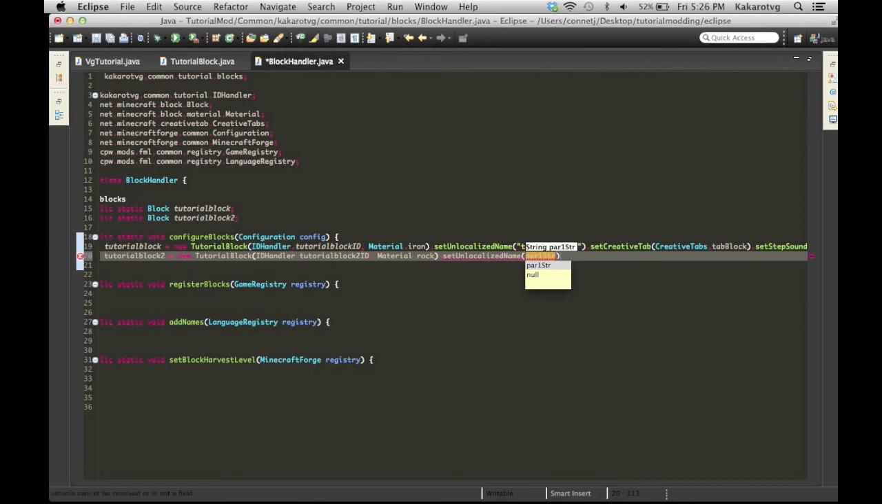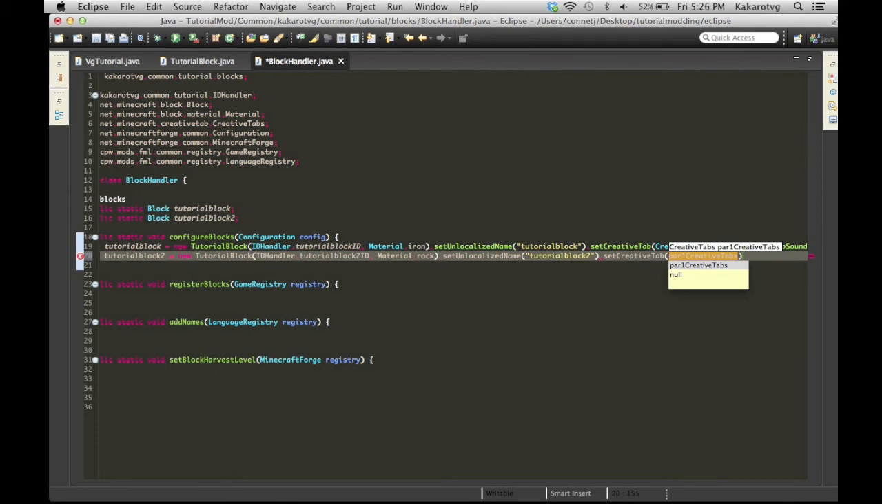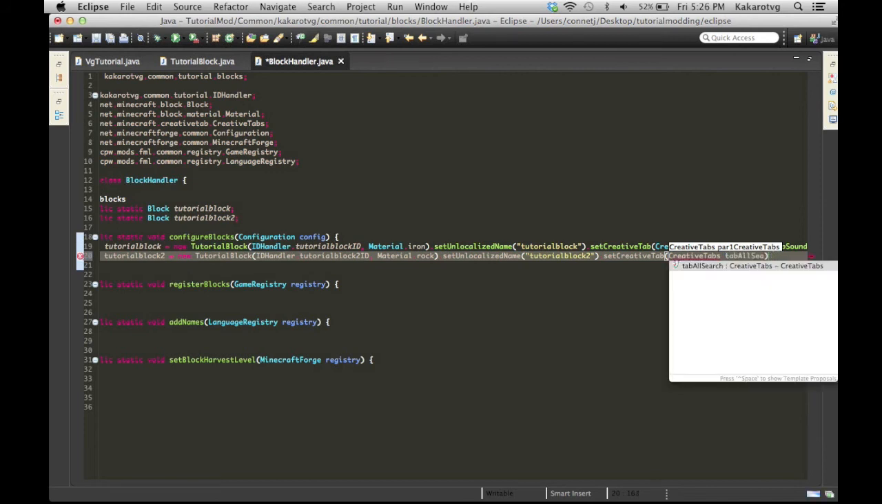So setUnlocalizedName, and then tutorialBlock2, .setCreativeTab, CreativeTabs., oops, sorry,